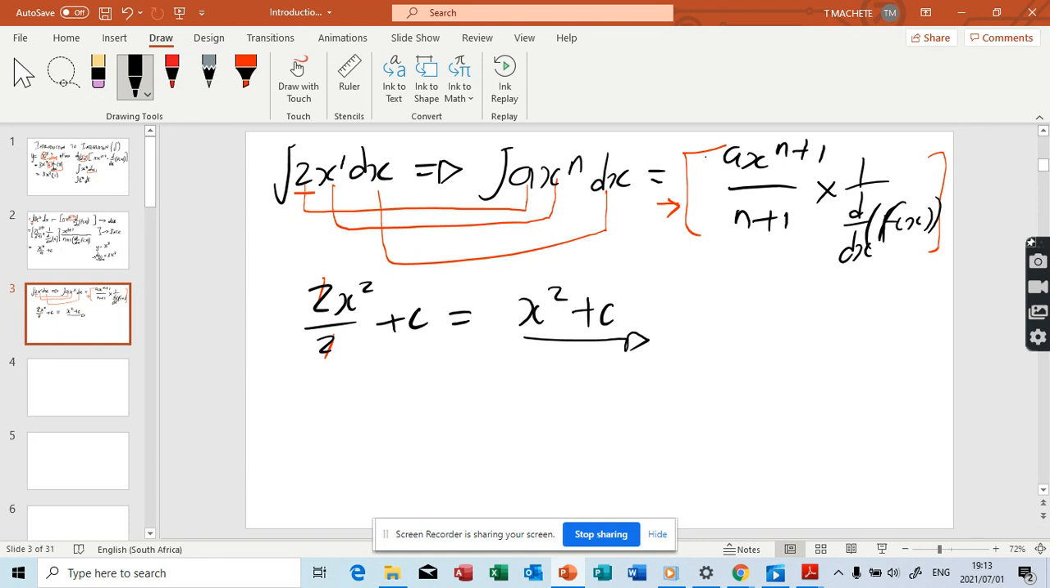I hope this makes sense, guys. I'm just doing the basics, guys. We won't do the applications today. We'll do the applications later. So let's say you have got integration of 2 dx